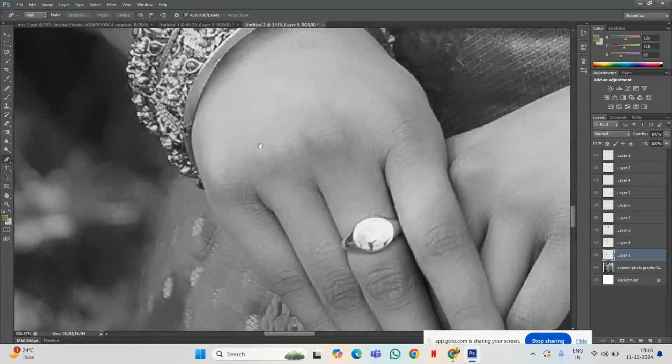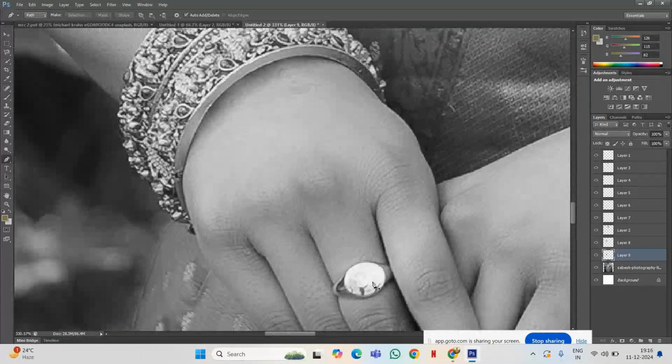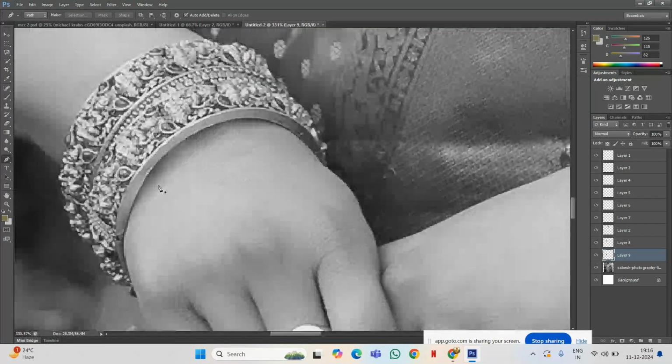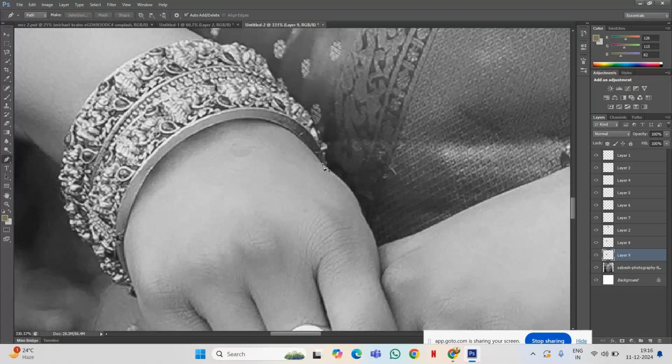See here, it looks like stone kind, so you can give any color. And in the middle of this bangle you can see the dots, there you should give a color. Okay, stones you can see here, so for that you can,